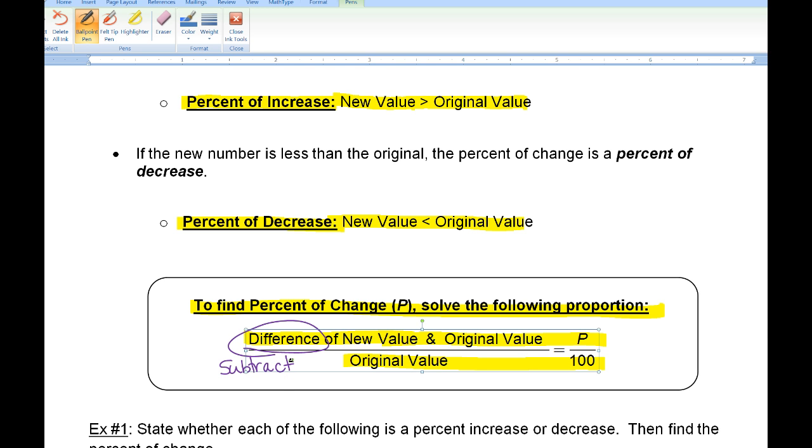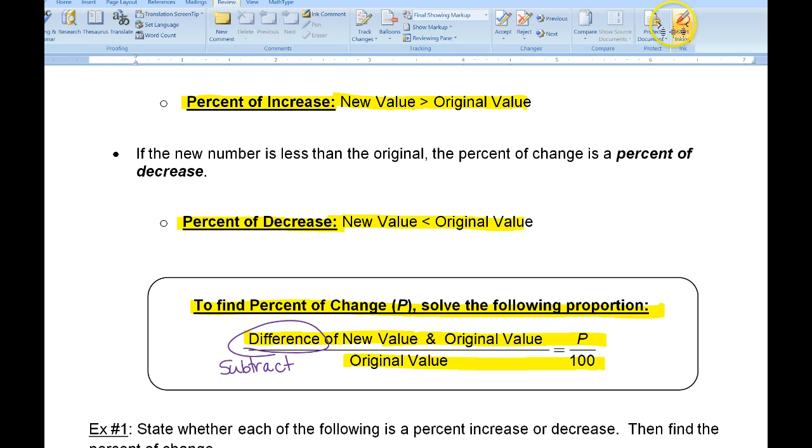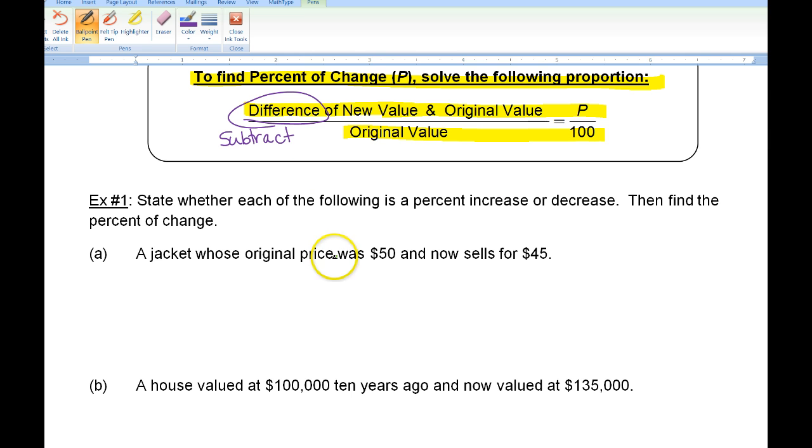So usually when I think of this, I think of whichever one's bigger, I put first, just so we don't end up with a negative answer. It's really not that important. Just when you're all done, you just want to make sure the percent is positive. Okay, so